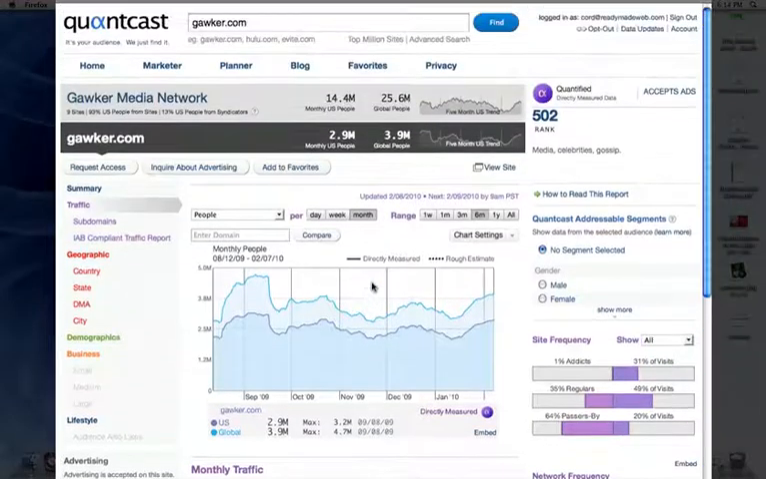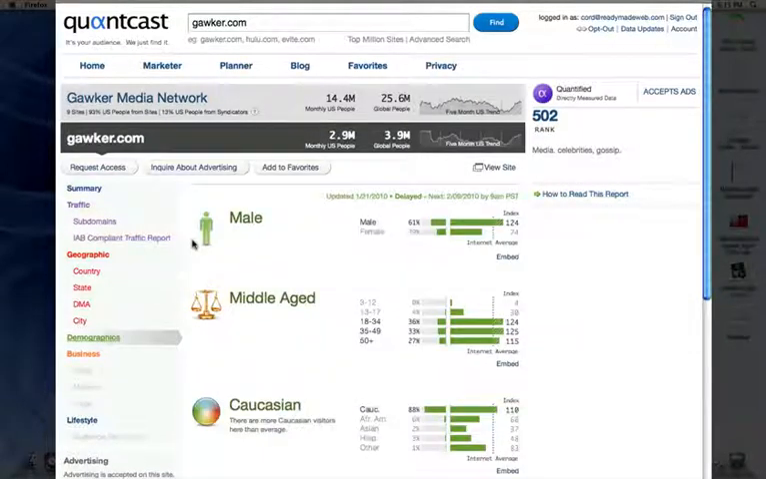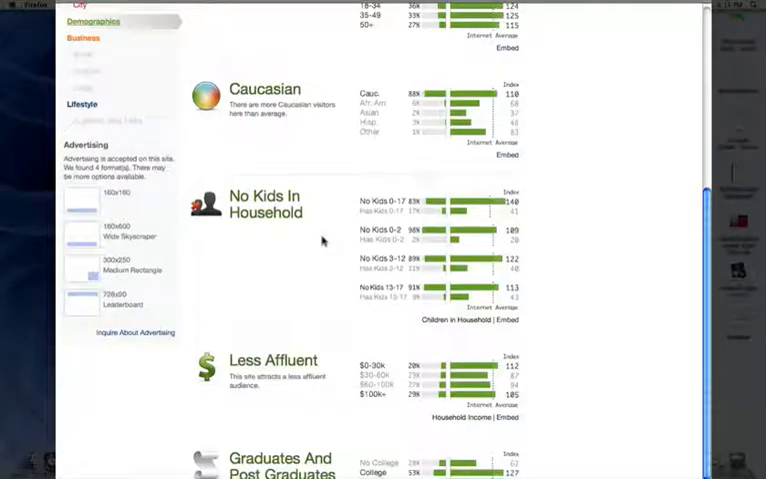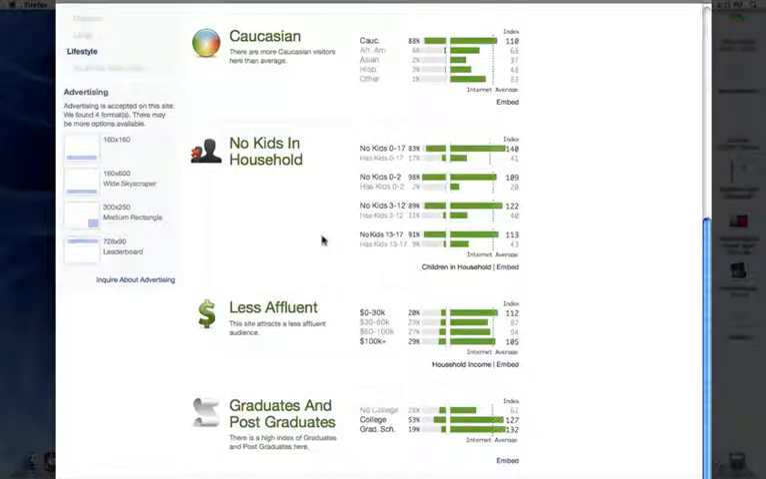But this data is based on what's called survey data. Survey data means putting that code directly on the site and tracking what's going on. What Quantcast does is combine that survey data with panel data. That's data taken from panels of users so that you can get information about what sex a person is, their age, their race or ethnicity, whether or not they have kids in the house, their income level, and their educational